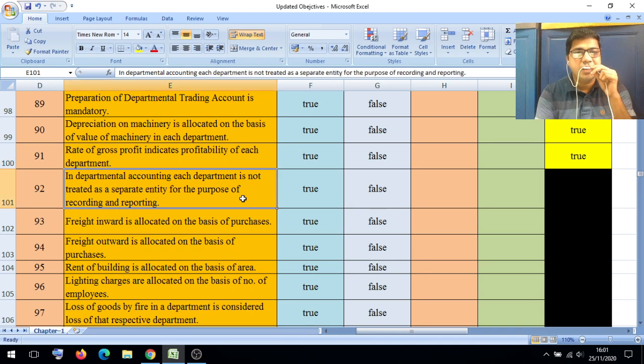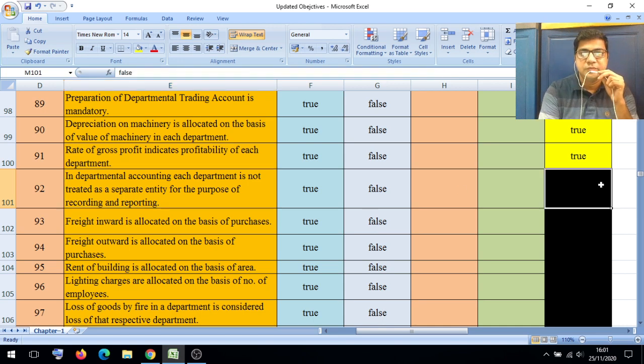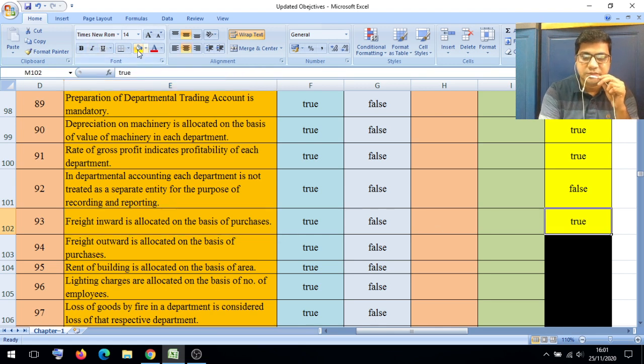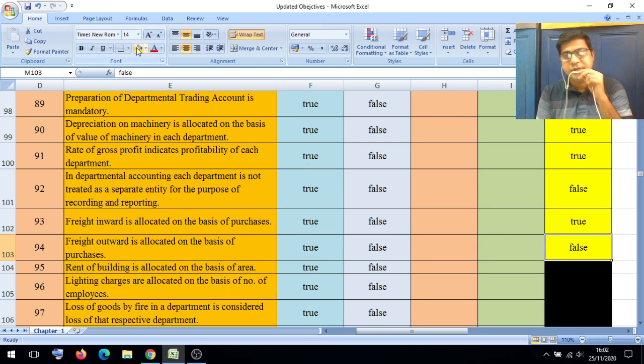In departmental accounting, each department is not treated as a separate entity for the purpose of recording and reporting. This statement is false. Freight inward is allocated on the basis of purchases. Yes, true. Freight outward is allocated on the basis of purchases. Outward is not allocated on purchases. It is false. It is allocated on the basis of sales. Next,